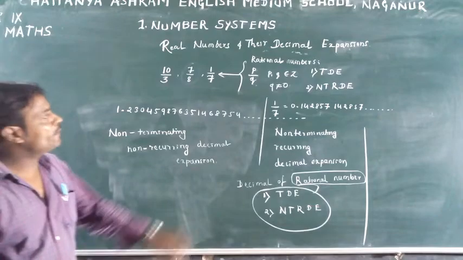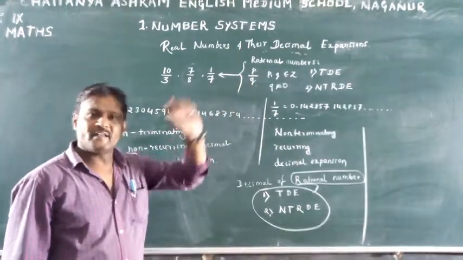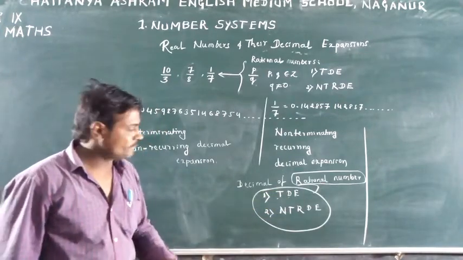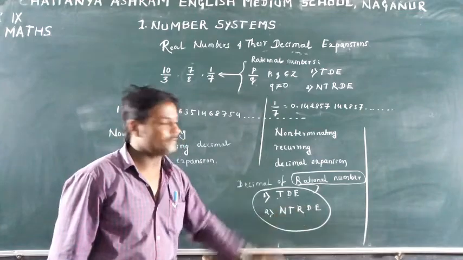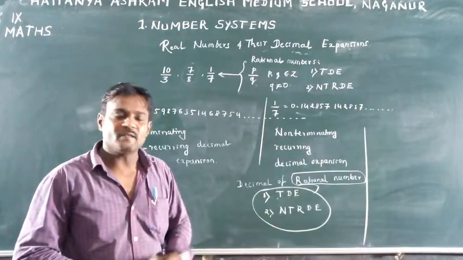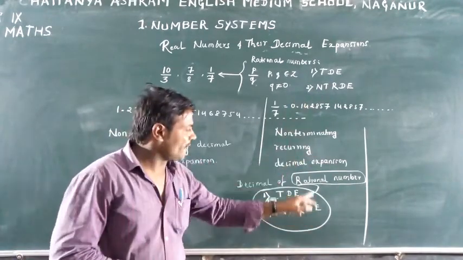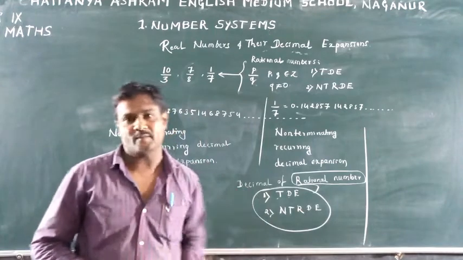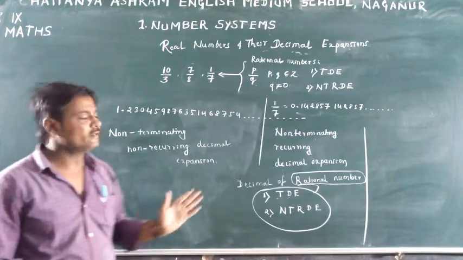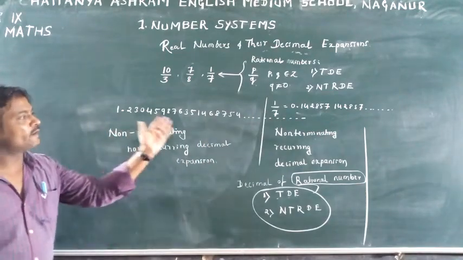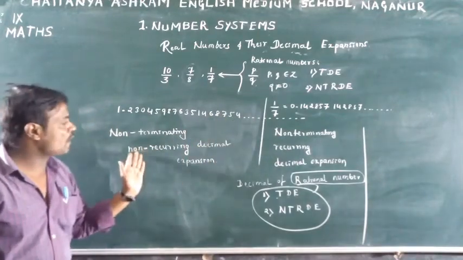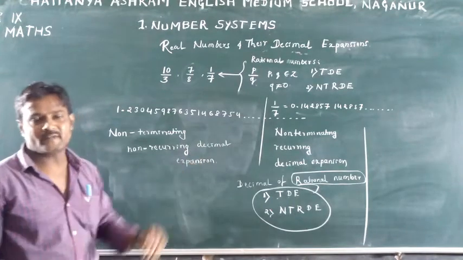For a rational number, when you divide p by q, its decimal expansion is of two kinds: terminating decimal expansion or non-terminating recurring decimal expansion. Either the division process ends, or if it does not end, the digits start repeating. So a rational number has only two kinds of decimal expansion. Observe this decimal expansion. I don't know which number it belongs to. This is non-terminating, the division process is not completed, and there are no recurring digits, so it is non-recurring.